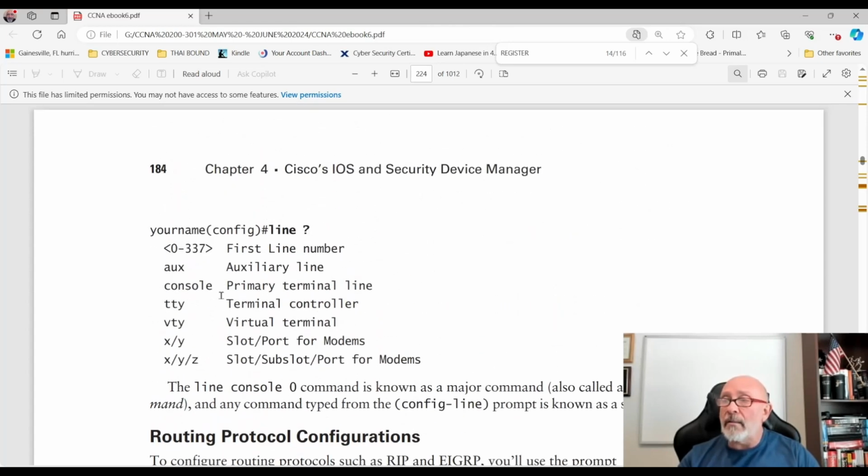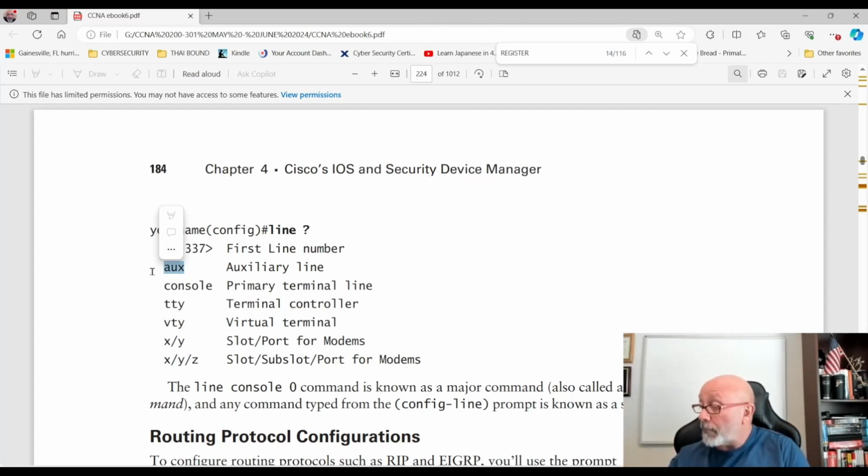So these are things. And look, you have your VTY lines. This doesn't exist anymore: we used to have an auxiliary line, right? Where you would plug in an external modem and dial in. The same commands that we do for our VTY lines, we used to do there as well. In our line con, remember login synchronous, exec-timeout, all that good stuff. We used to have this. Does it exist anymore? We don't do that anymore. Okay. I'm not going to worry about that. But that privilege mode thing, yeah.